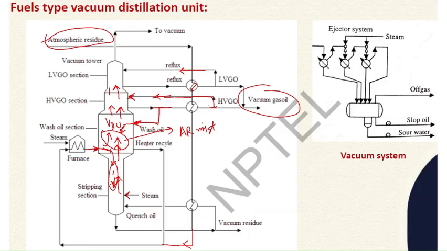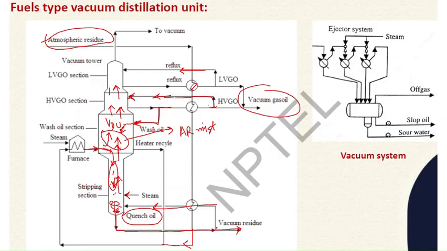Another thing here, what is this quench oil? This quench oil is basically some amount of the heavier cut that is taken off as vacuum residue. Okay. So what is this quench oil? Basically, some amount of vacuum residue is refluxed back into the lower portion of this vacuum distillation column. Why? Because when the lighter cuts are given off as side cuts, and there is no heavier cut remaining below, which means all vacuum residue is taken off,